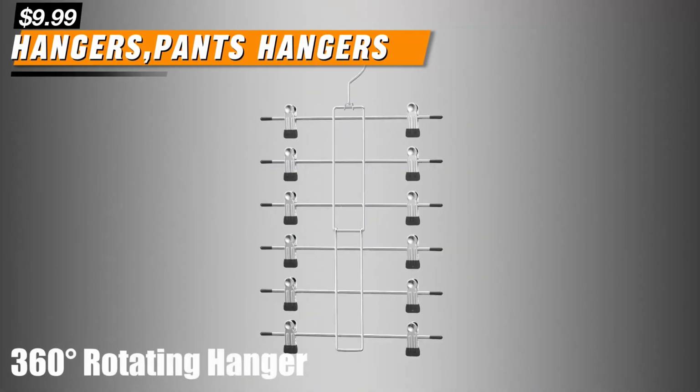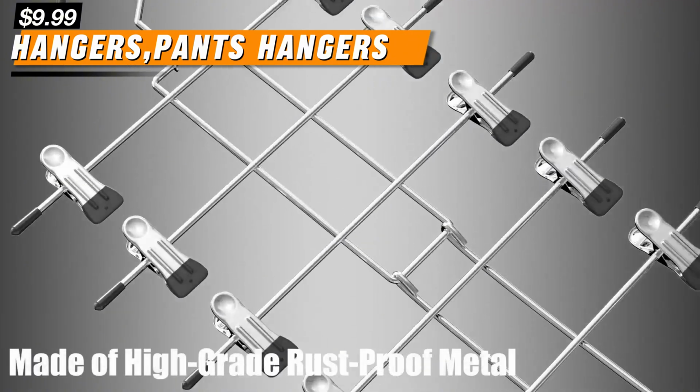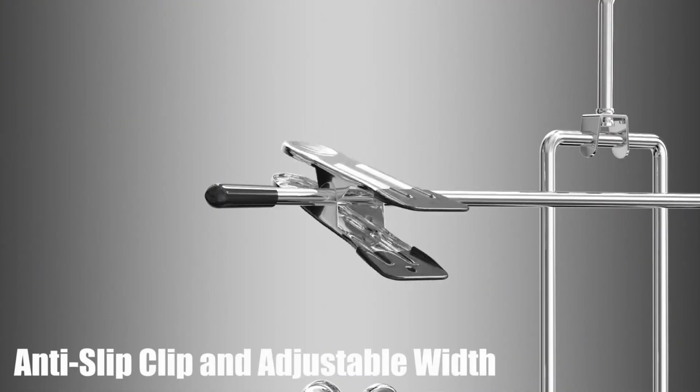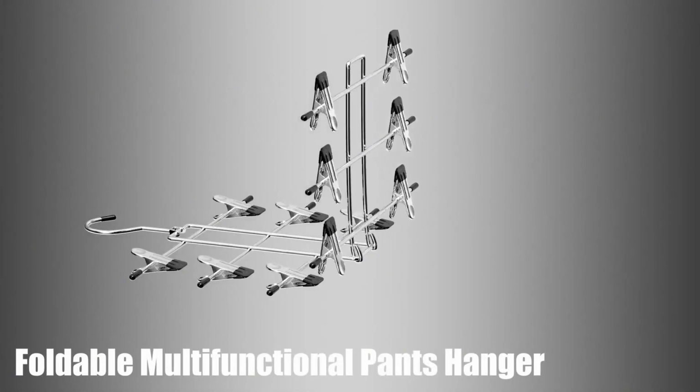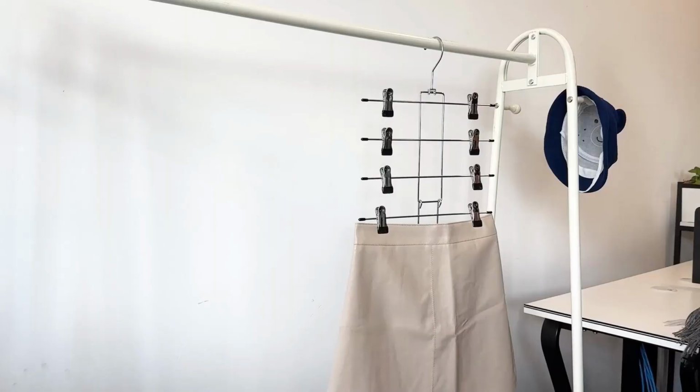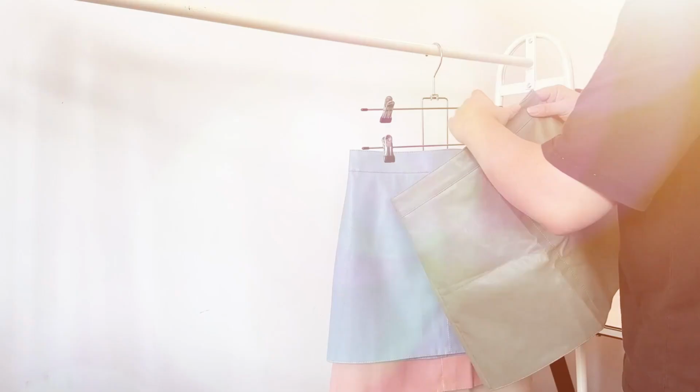Revolutionize your closet with these space-saving organizer hangers. Designed to maximize storage, these durable hangers feature a cascading design that lets you hang up to 6 garments vertically or horizontally. Perfect for small closets, dorm rooms, or anyone looking to declutter, they keep your clothes neatly arranged and